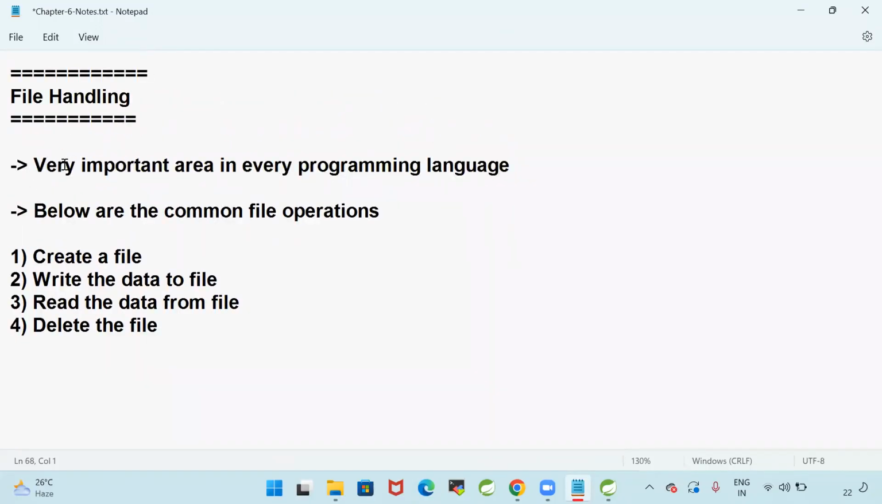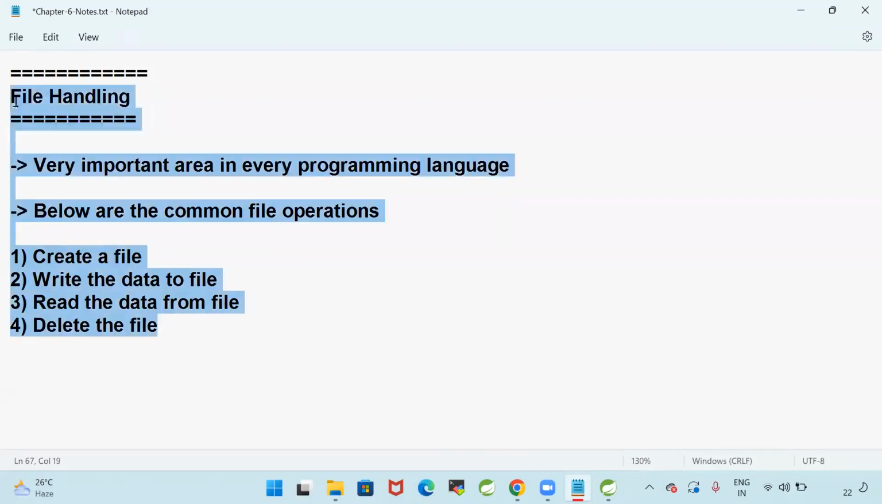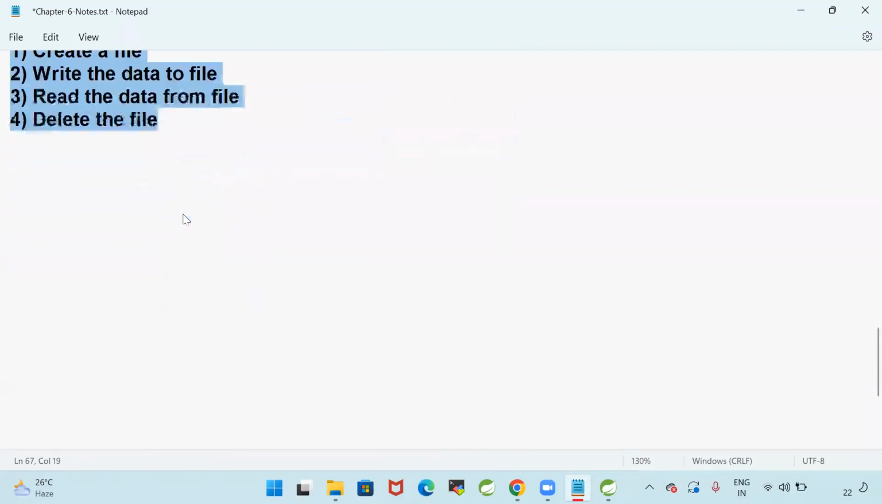File operations are very important in every programming language. Every project will use some configuration files. Below are the common file operations: create a file, write the data to the file, read the data from the file, and delete the file. These are common operations. To perform file operations,